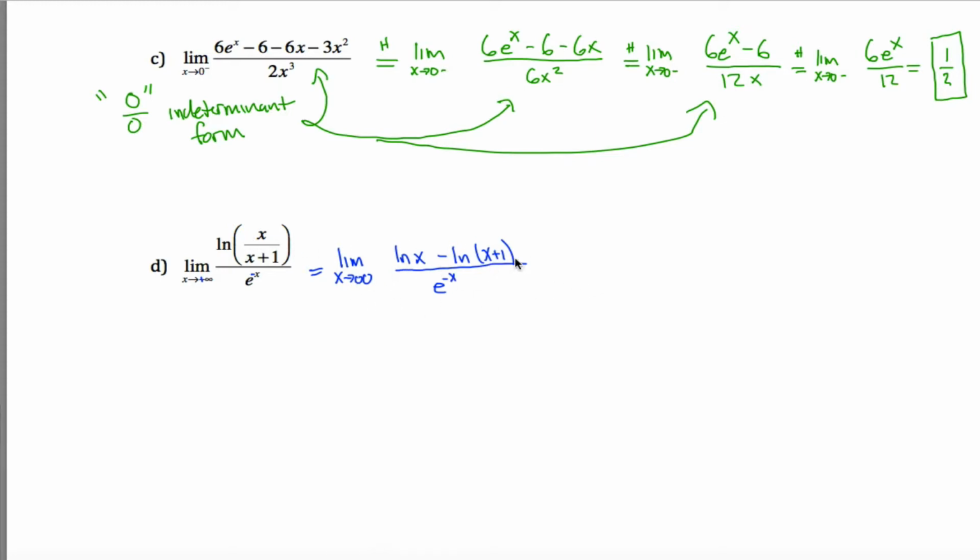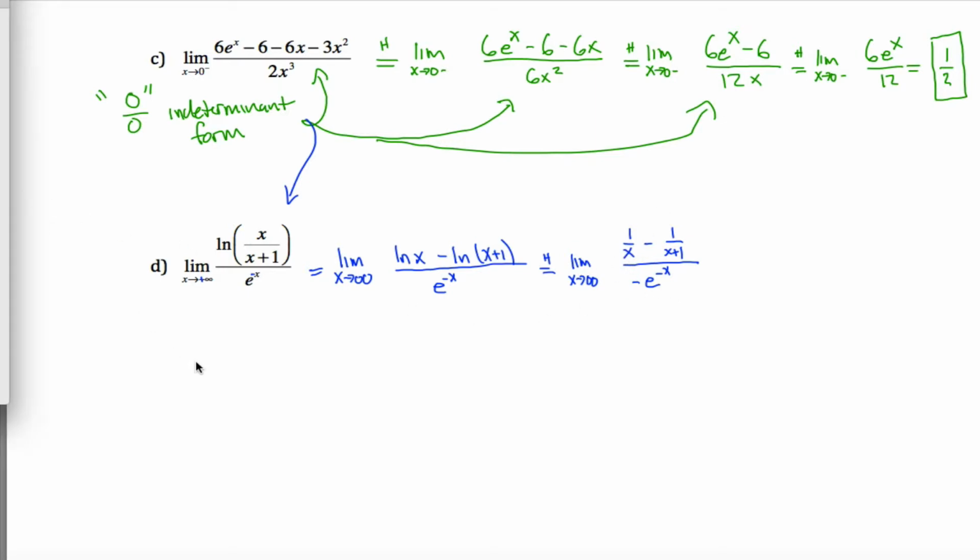So either you use L'Hopital's rule here, because you notice that this original thing was this 0 over 0 indeterminate form, and you say that this is equal to the limit as x approaches infinity of the derivative of the top, which is 1 over x minus 1 over x plus 1, divided by negative e to the negative x if I take the derivative of the denominator. It's one way you could do it, or